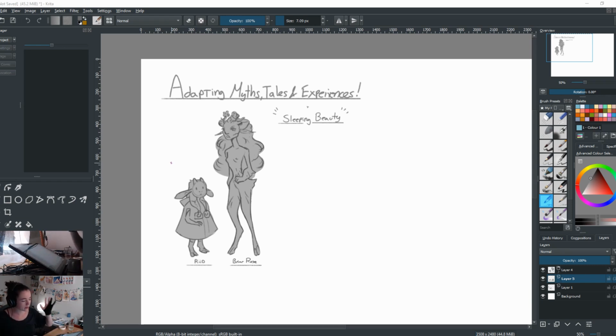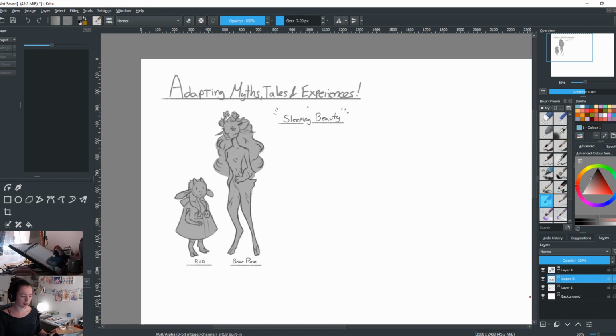So we're going to look at the basic setup of... I really can't speak today. It's very annoying. I'm trying to focus on my words and they sound weird, and I'm sorry, but we'll get through this somehow. But yes, we're going to start by looking at the basic layout or structure of Sleeping Beauty,